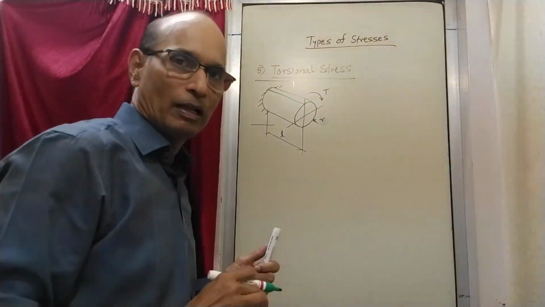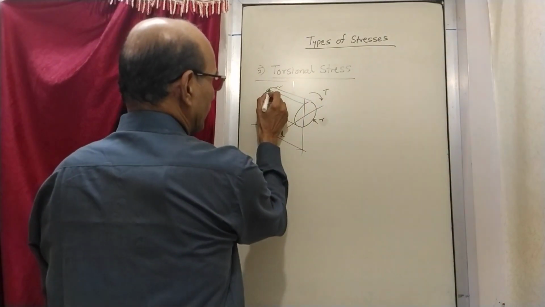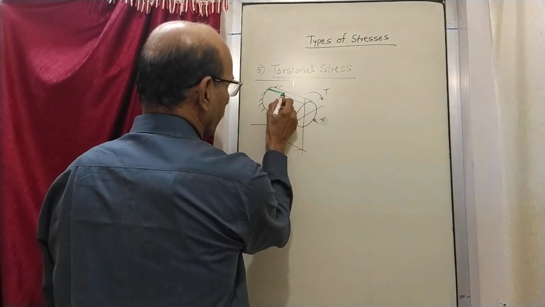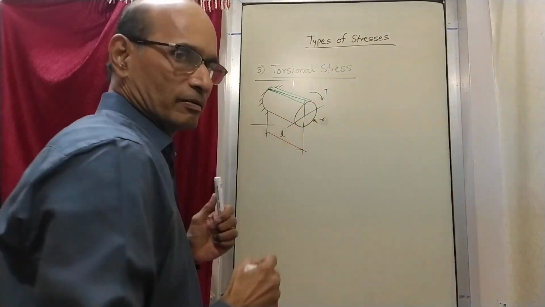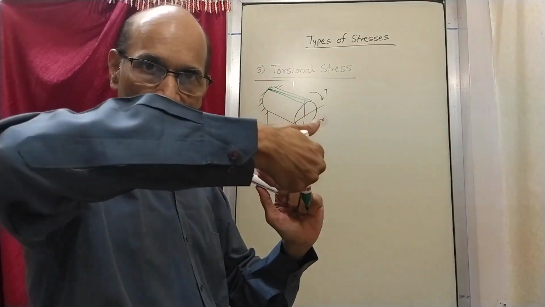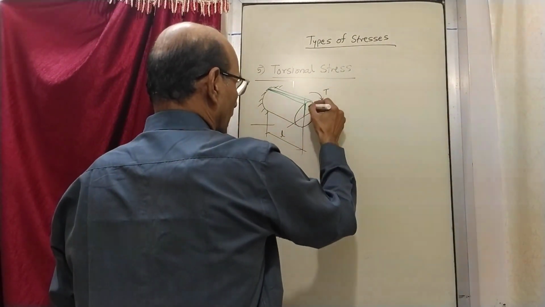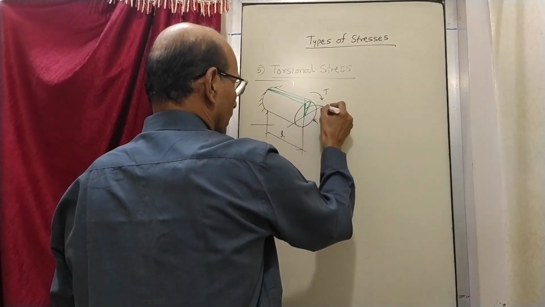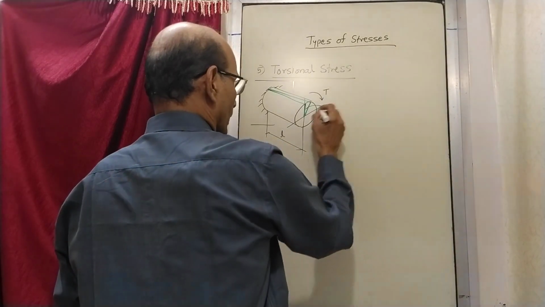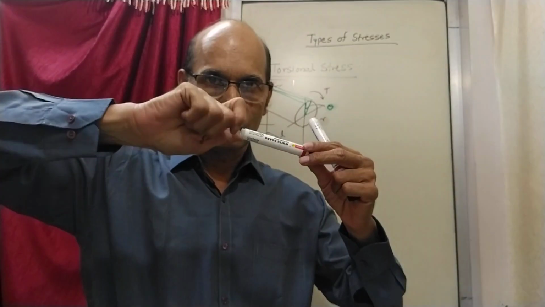Of the rod I have drawn one line, and then when you twist it, what will happen? This end of the line will still remain here, and this end of the line will come here, so that this line will be like this. The line will look like this after you twist. So what has happened is, it has got twisted, and suppose I draw a line like this, then this angle is going to be theta. That is the angle, that is the amount by which it has got twisted.